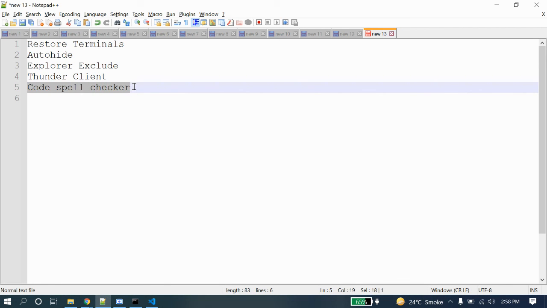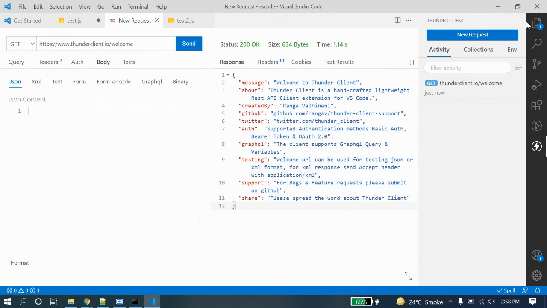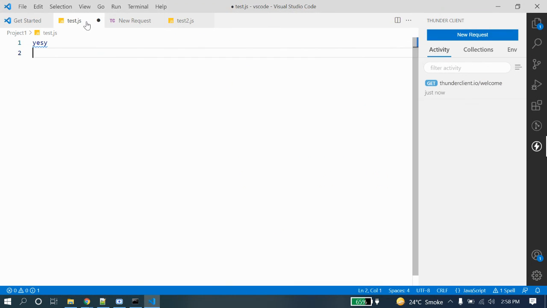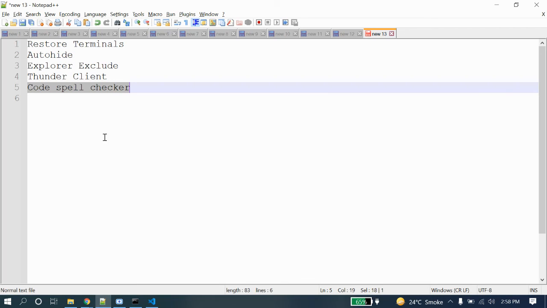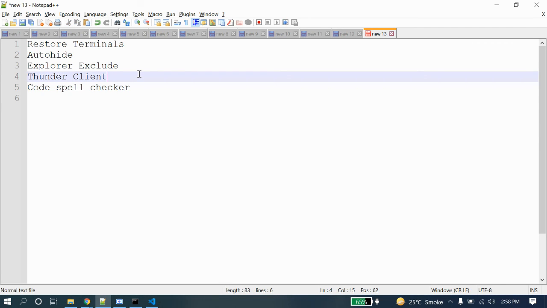And the other is Code Spell Checker. With Code Spell Checker, if you are writing and you put in a wrong word, or write wrong sentences here, it will show a warning. You can fix it, and it will show the suggestions. It will help you keep your code understandable to other developers. If you are writing any function name or any comment, it will help you there.